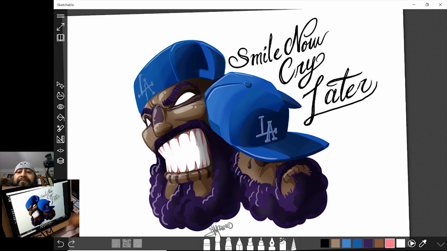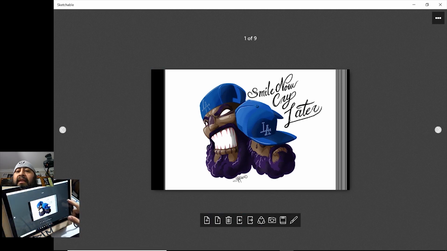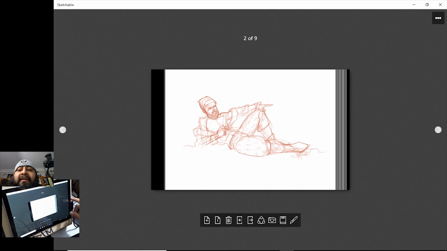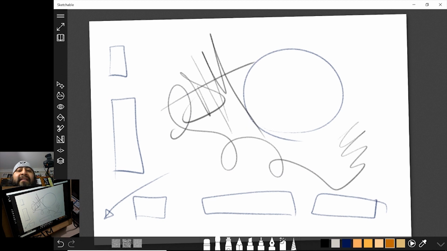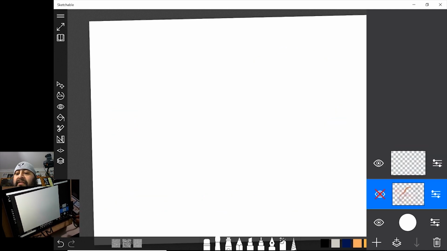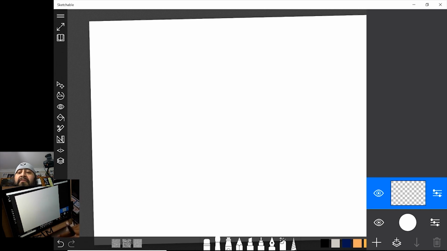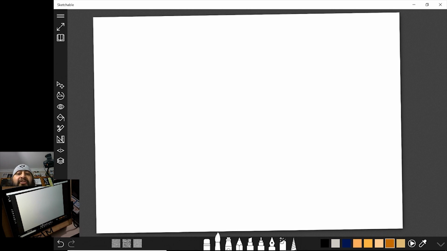All right, so let's go ahead, jump to this page, back into the book, and move over. I'm not going to talk about this drawing right now because this is for a holiday party at Microsoft. And let's go into this page where I already started to scribble a few things. So let's go ahead and delete this layer, turn on a new layer. I'll go back into the layers in a minute, and we'll talk about that real soon. All right, cool. So there we go. This is what it looks like when you're drawing. This is your canvas. This is your workspace, and let's go over all the different things that you're looking at